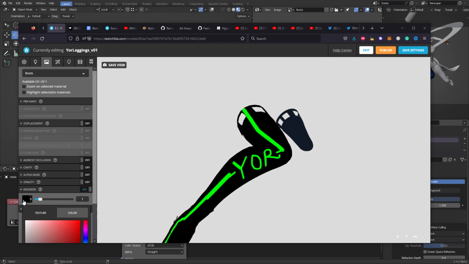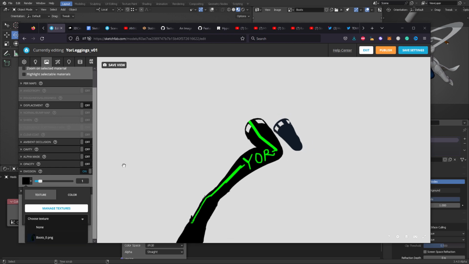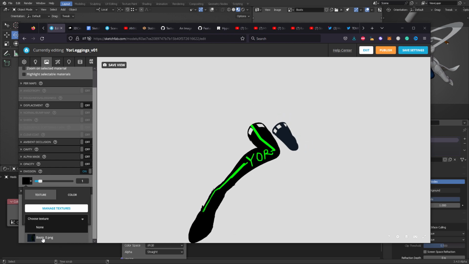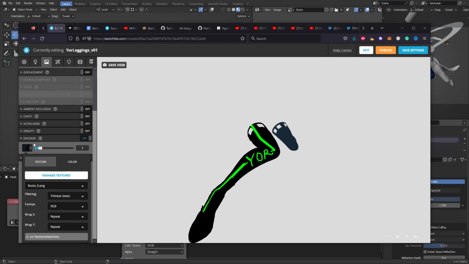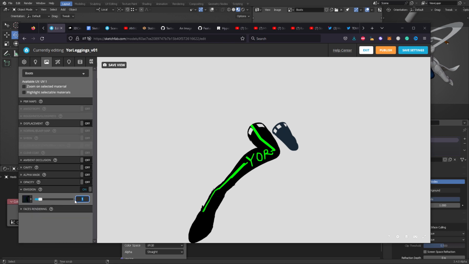And now let's work with the materials. When you click on the material, you activate that. You have the choice to look for your texture. In my case, the boots are the same things that I'm going to be using, and therefore the darker color will not emit any light, but the green color will. Okay, and in order for